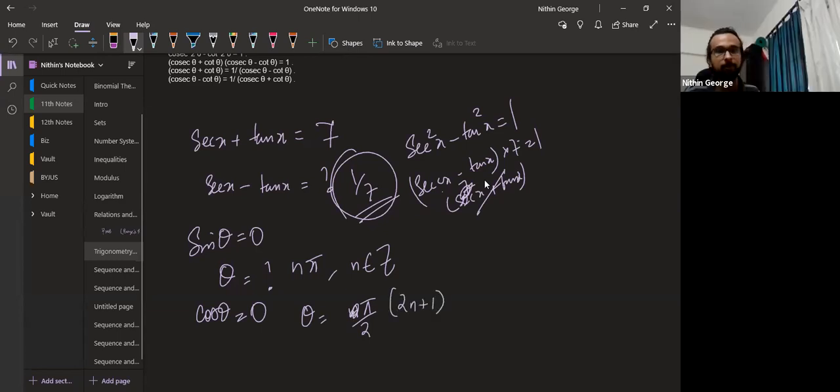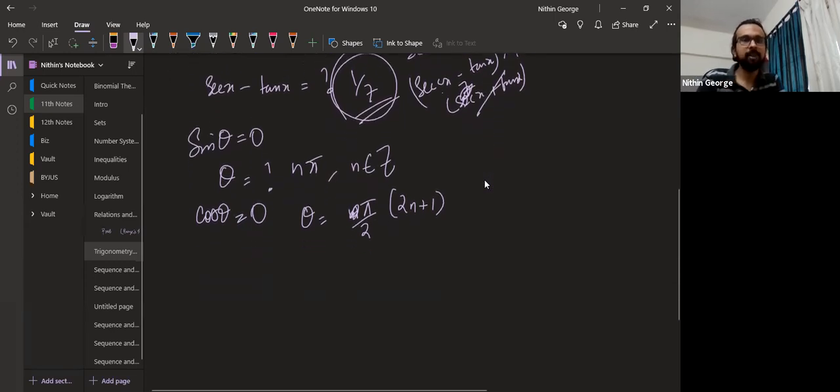It's an odd multiple of pi by 2, because even multiples of pi by 2 become an integral multiple of pi. Cos of pi is -1, cos of 2 pi is 1, so all those values would be included unnecessarily. So there will be odd multiples of pi by 2. Now, if I get sine theta equal to 1, what does that mean?